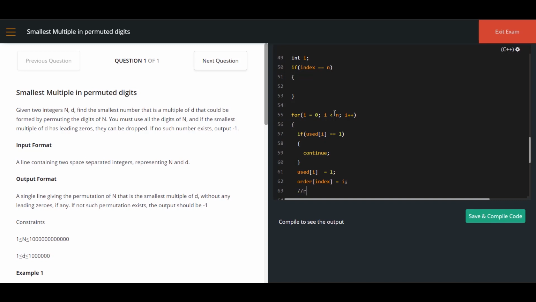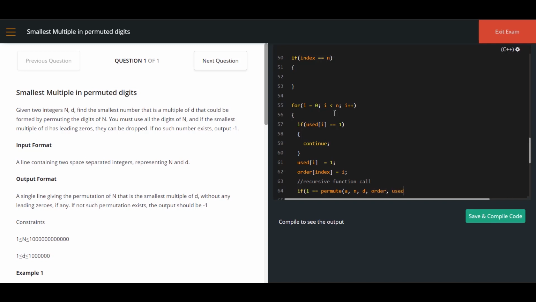Here, if 1 equal to success, right? If 1 equal to permute, again I am going to make the recursive call, which is array, size n, d, order, used, index plus 1, because I am going for the next value, which is the next array element, and the least multiple.